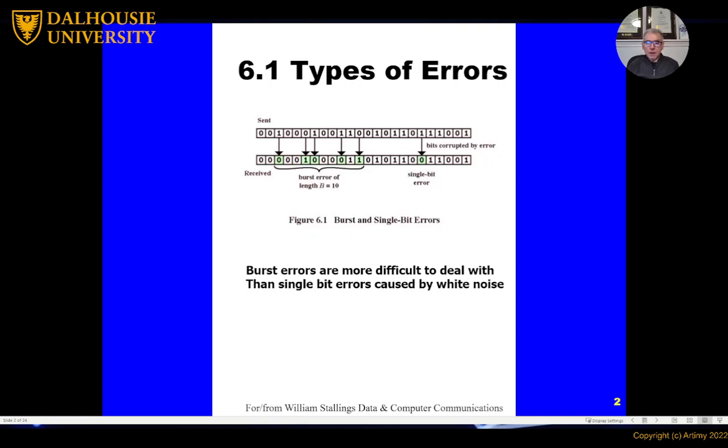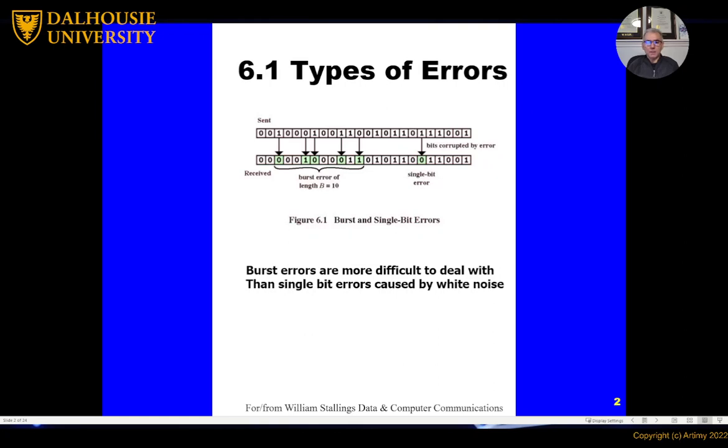If these errors are few and far in between, we'll call them single bit errors. So a bit changes here and a bit changes there. They may affect one stream of bits, and that's it. But these single bit errors are not the common type. If there is noise happening in the channel, most likely it's going to affect multiple bits, right? So we'll call those a burst of errors,